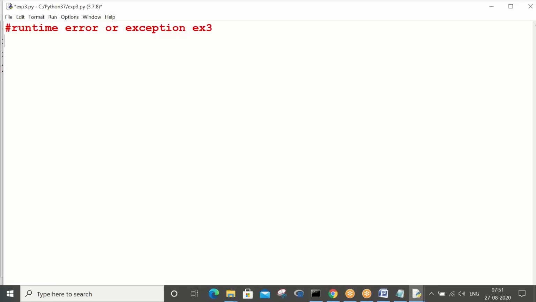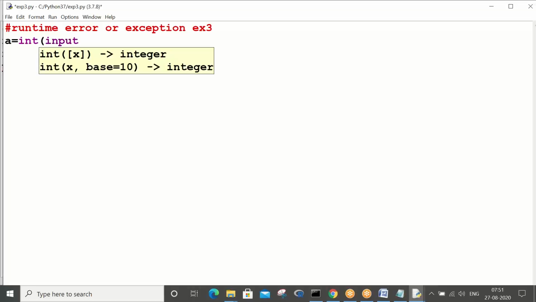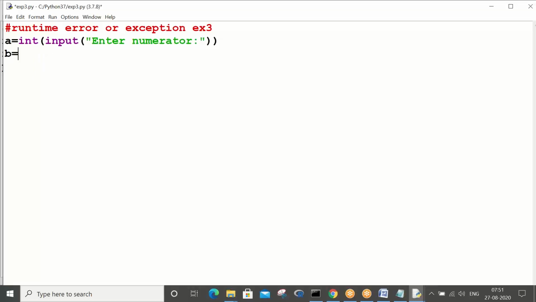So let us see a third example. Let's say you are reading A is equals to int of input of enter numerator. Numerator means what? In the division you give the upper one, right? B is equals to int of input of denominator.